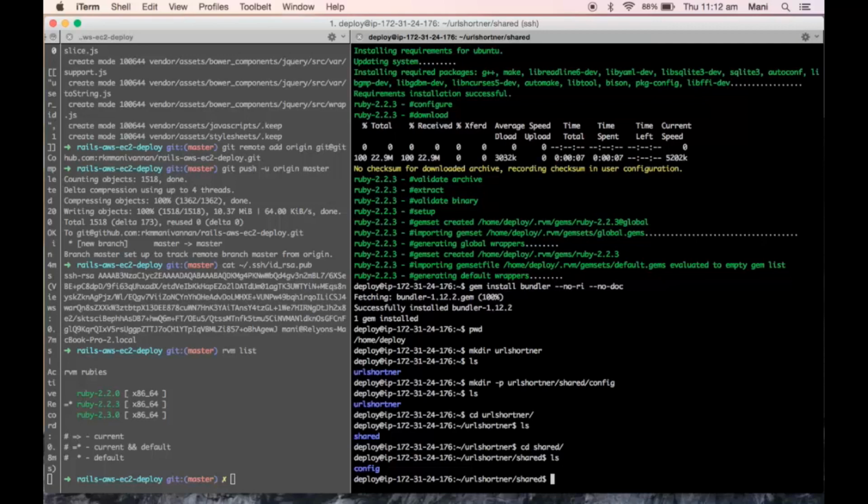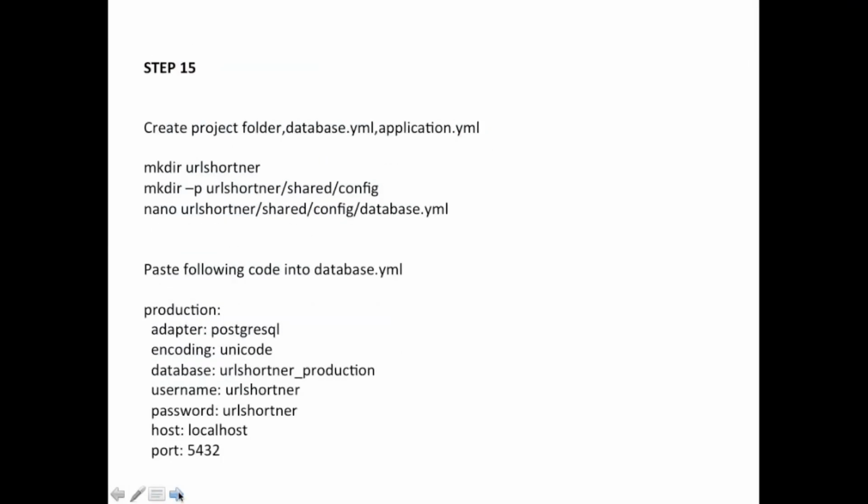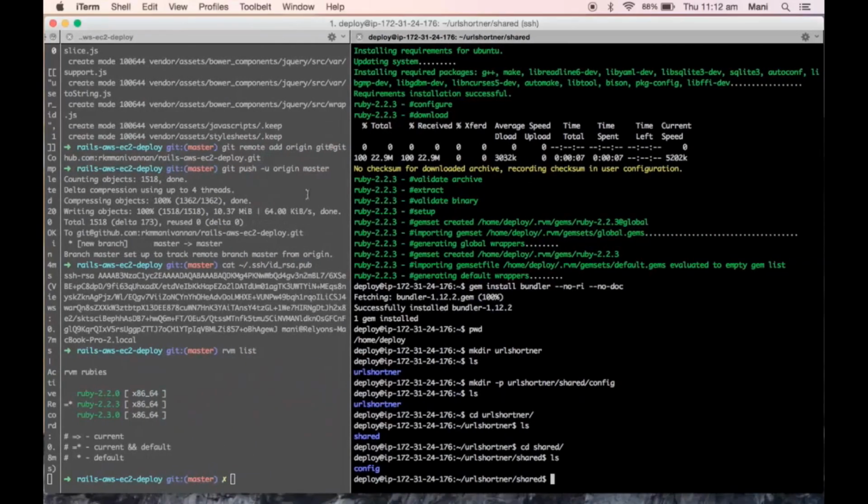So now everything is done. So we created a folder URL shortener, and inside it shared and config. Now we need to create two files called database.yml and application.yml.